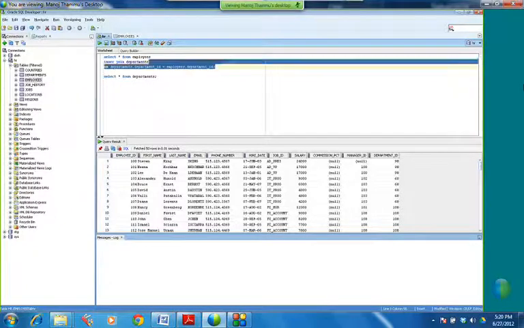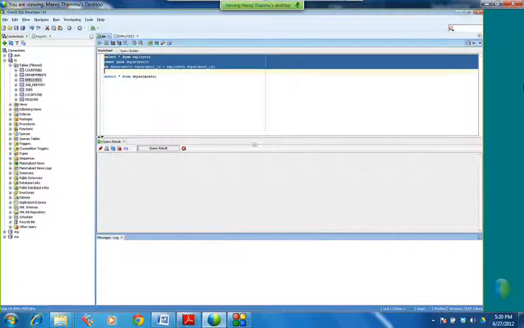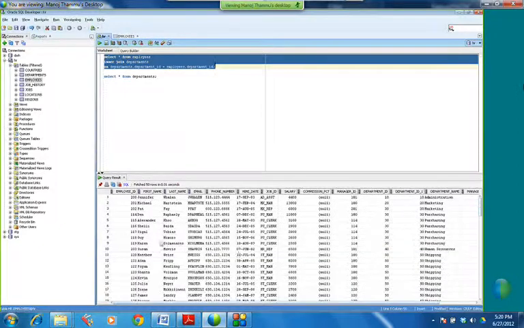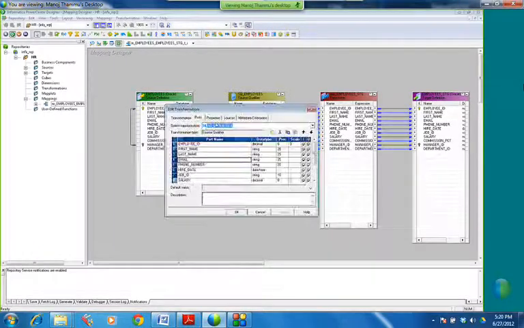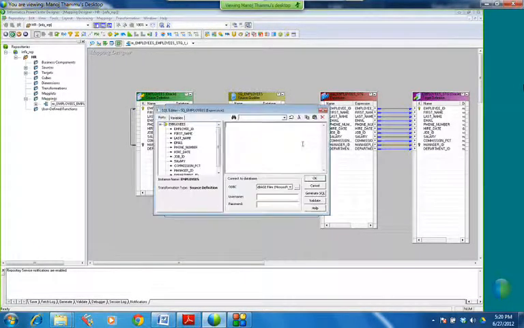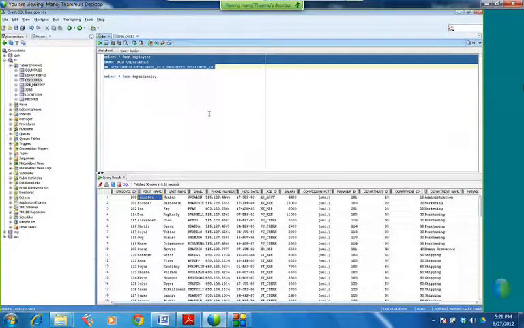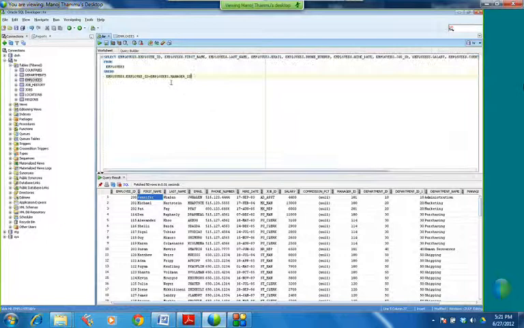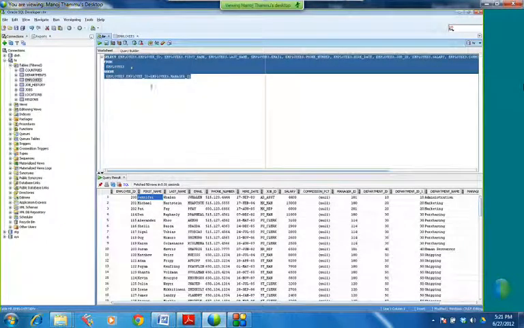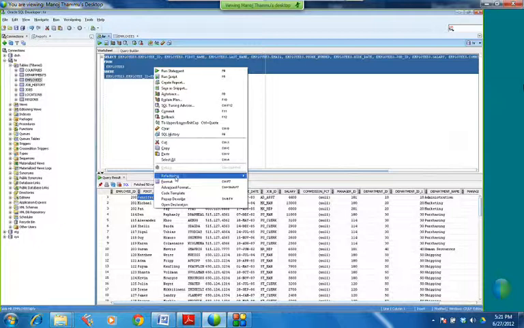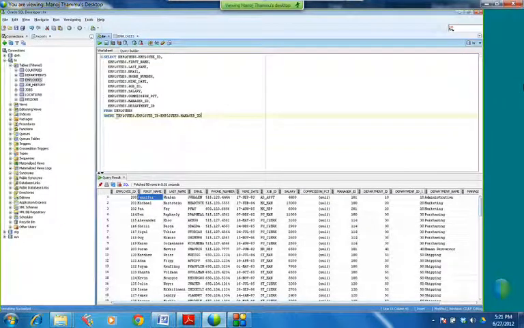So when I run this query, it will bring all the data. We discussed all this in the joins. But right now I want the department name here, and I also want to concatenate the first name and last name. So let us go to the mapping designer, generate the SQL file, copy this SQL, get the query, and format it so that it will be easy for us to understand.